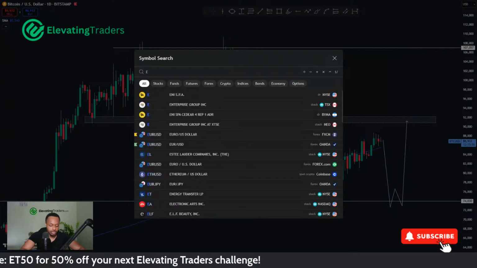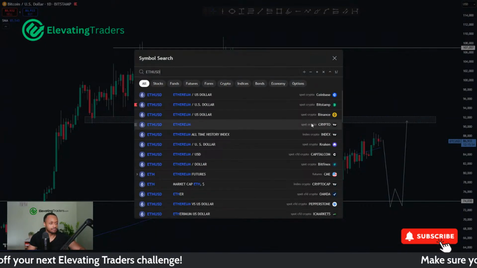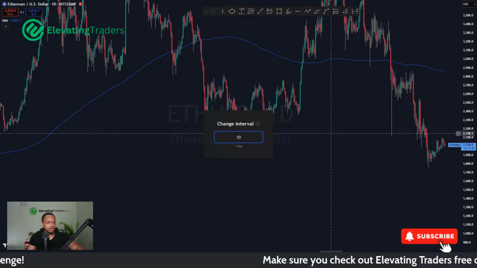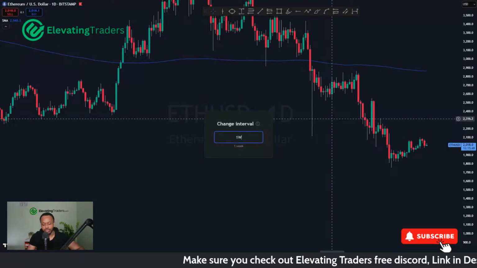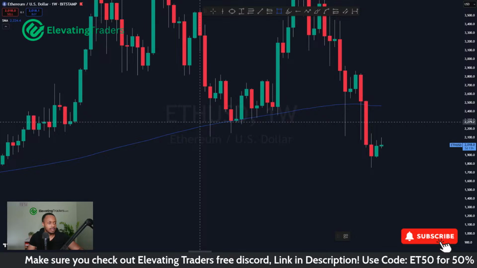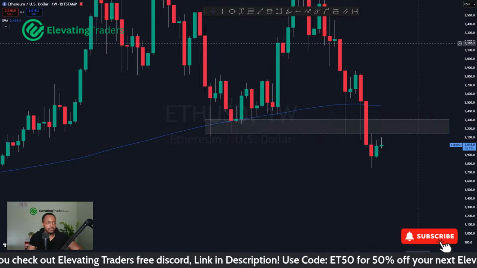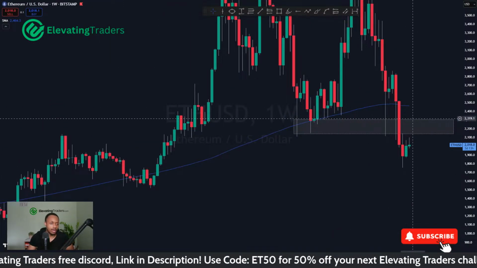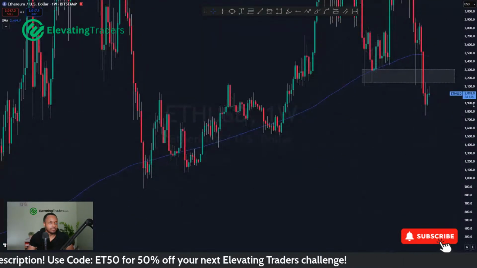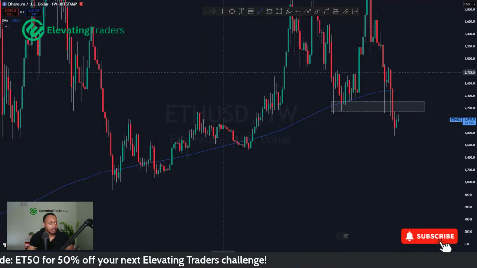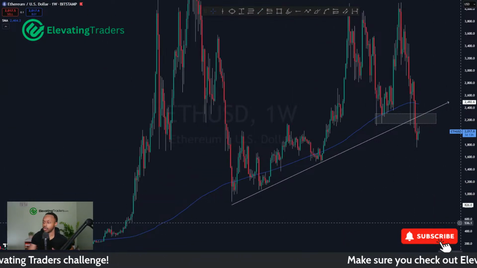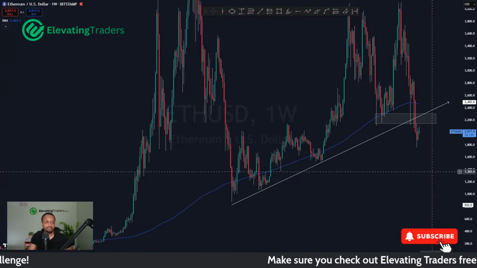Ethereum, are we still respecting resistance as well? Looks like it, but I think the key takeaway with Ethereum is that we're still really corrective on the way up. So unless some crazy bullish momentum comes from somewhere, we're likely to just respect resistance and keep falling. And of course, we've broken out that counter trend line as well. So yeah, not looking too good.